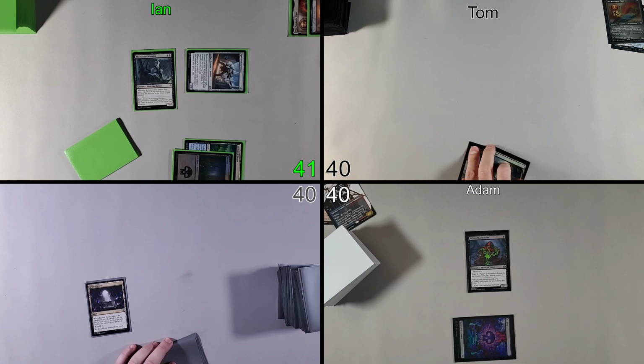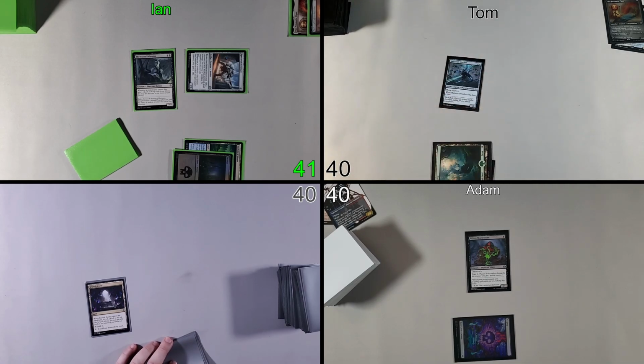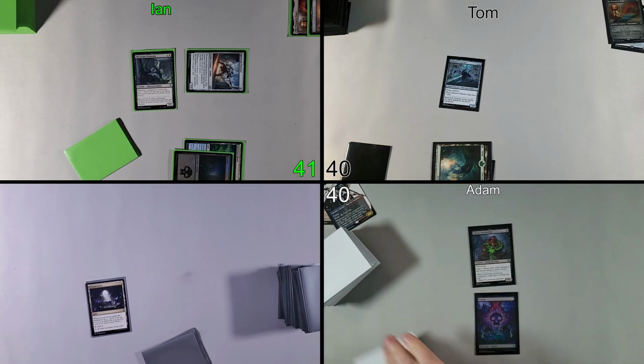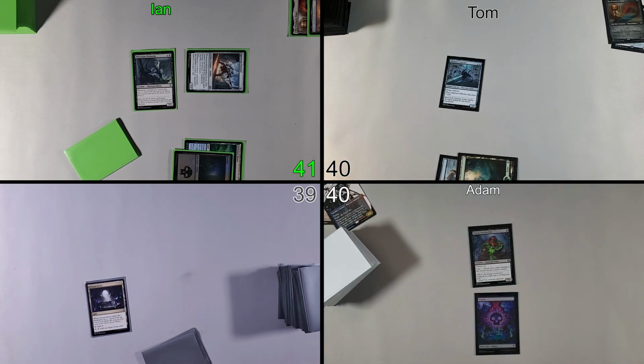Draw. Forest to Malcator's Watcher and pass. Aaren, don't forget to lose your life. I draw. I realized that there is poison in this game. So